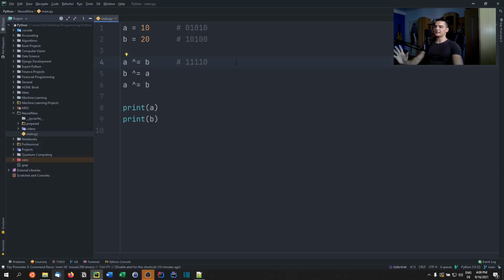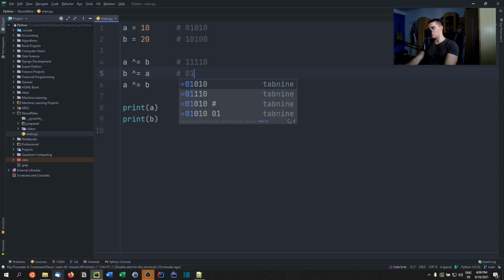And whenever I take something XOR 1, it's going to be the opposite. 0 XOR 1 equals 1, 1 XOR 1 equals 0. So it's going to invert the positions here. And because of that, what I'm going to end up with here is 0, 1, 0, 1, 0,